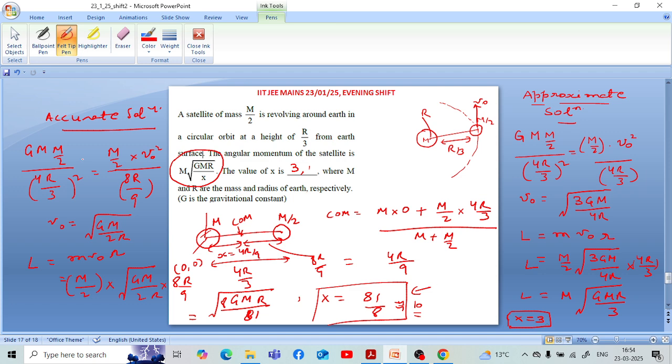अगर हम एक्यूरेट सॉल्यूशन की यहाँ पे बात करें तो उसके लिए हमें यहाँ पे इस सिस्टम का सेंटर ऑफ मास निकालना पड़ेगा, क्योंकि यहाँ पे हम देखते हैं साफ साफ कि जो अर्थ का मास है और सैटेलाइट का मास है काफ़ी हद तक कंपेरेबल है। हम बहुत स्मॉल नहीं कह सकते सैटेलाइट के मास को, इसलिए हम जो सर्कुलर पाथ जिसमें सैटेलाइट मूव कर रहा है उसको अर्थ के सेंटर पे नहीं मान के चल सकते, उससे रिजल्ट हमारा काफ़ी डेविएट कर जाता है। तो इसलिए हम सेंटर ऑफ मास पहले कैलकुलेट करेंगे जो बेसिक रूल्स हैं उसके हिसाब से। तो हम ये पाते हैं सेंटर ऑफ मास जो निकल के आता है अर्थ के सेंटर से 4r/9 डिस्टेंस पे निकल के आता है। टोटल डिस्टेंस है दोनों के सेंटर्स के बीच में 4r/3। तो इसलिए सेंटर ऑफ मास और सैटेलाइट के सेंटर के बीच की जो डिस्टेंस आती है वो आती है 4r/3 माइनस 4r/9, जो की वैल्यू होगी 8r/9।